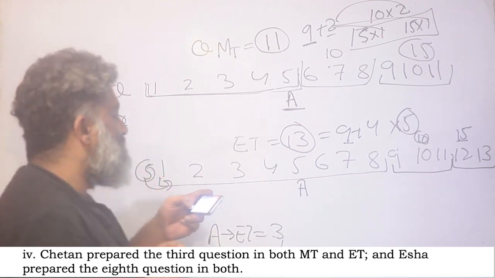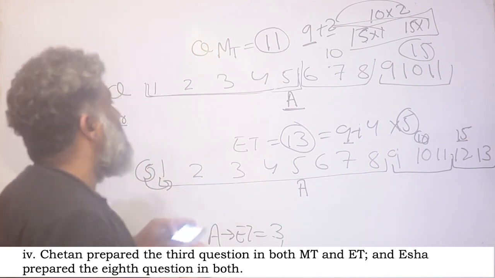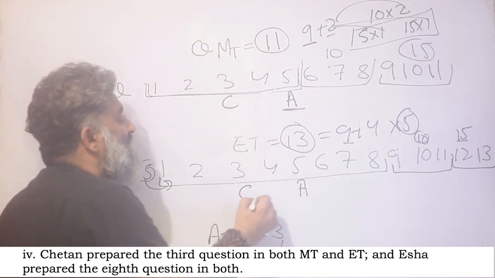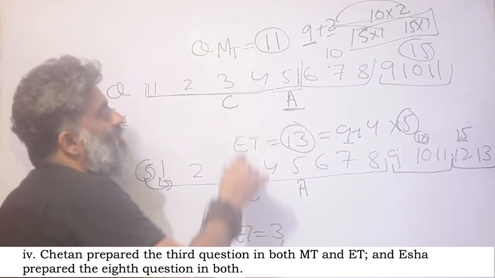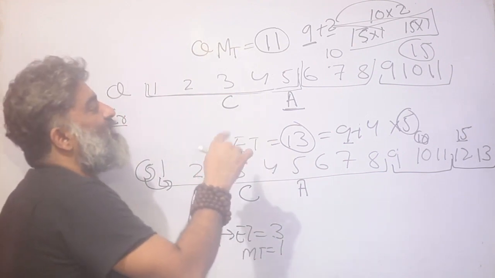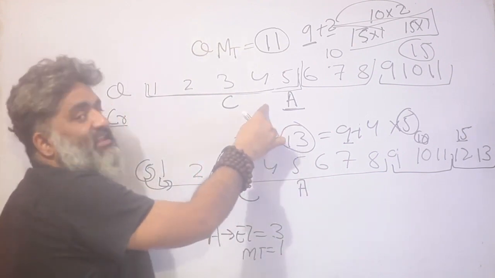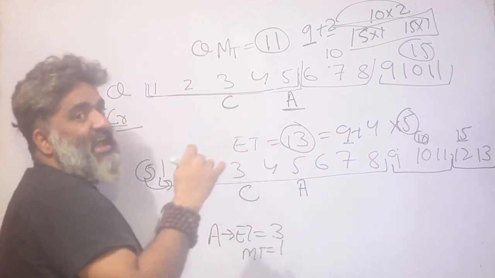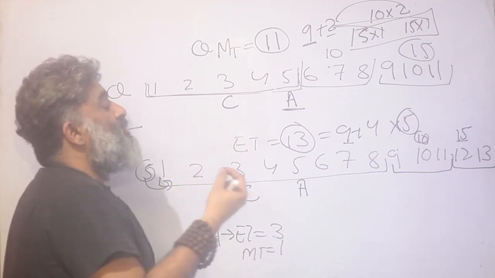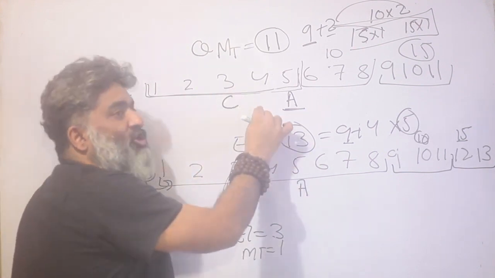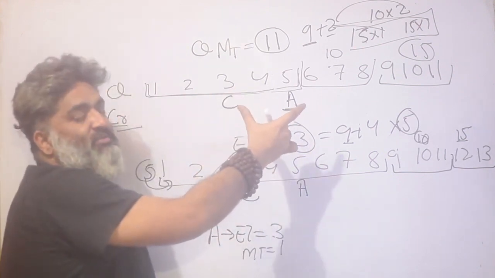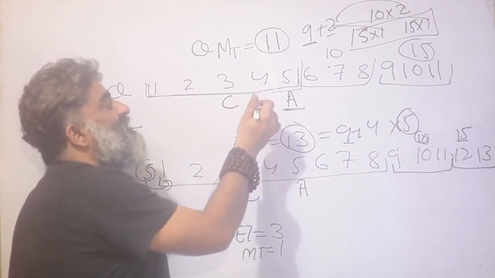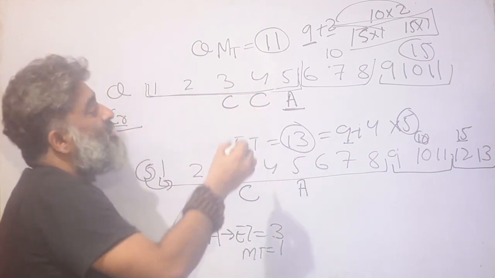Next rule said Chetan prepared the 3rd question in both MT and ET. Chetan created the 3rd question in both MT as well as ET. So now observe this and use the previous rule. Can I throw any other creator in this slot? Because I know every other creator for MT series has created more than a single question. But if you put any other creator in this slot, his questions will be separated from each other, which is not allowed according to the previous rule. So this character definitely has to be C, because A has only